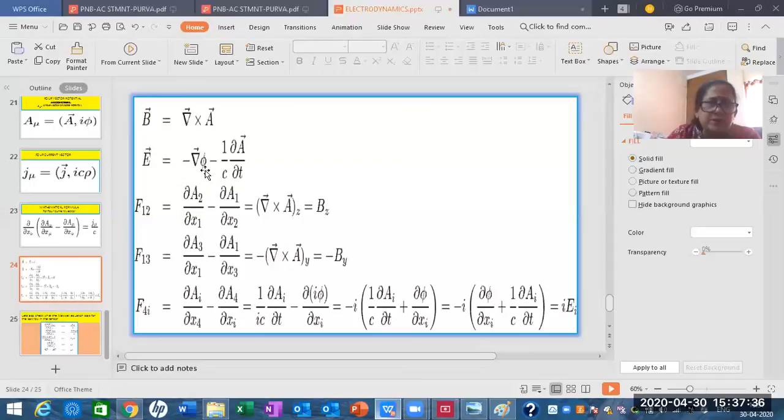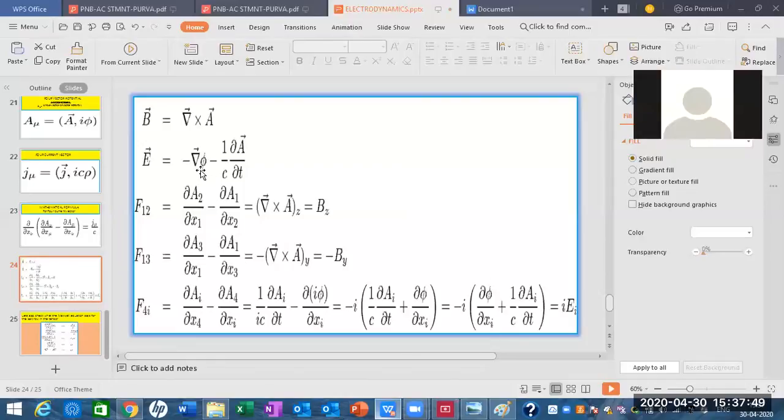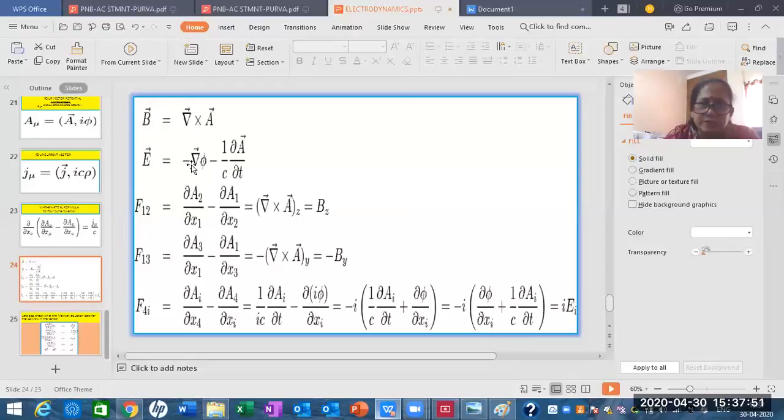Got the point? So phi has three components x, y, z or 1, 2, 3. Here he has written i, so i can be 1, 2, 3. The first component, with respect to x, you are differentiating, so instead of del, dou is coming here. And you can see minus is a common factor here. If you take minus outside with only one component, what will this be? Dou phi divided by dou x, one component, plus 1 by c dou A divided by dou t.